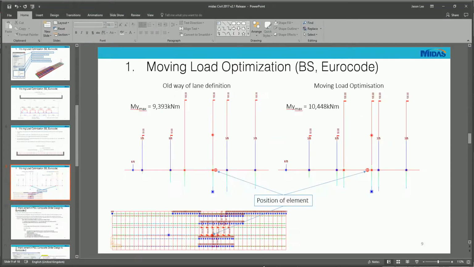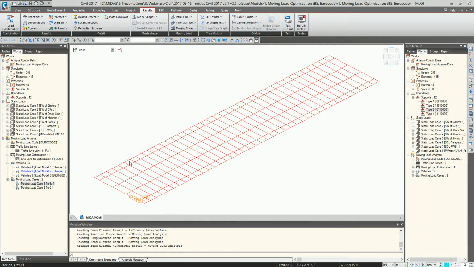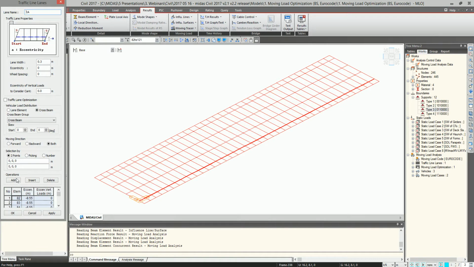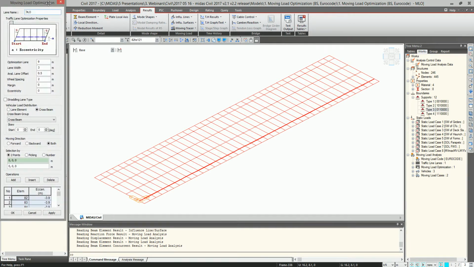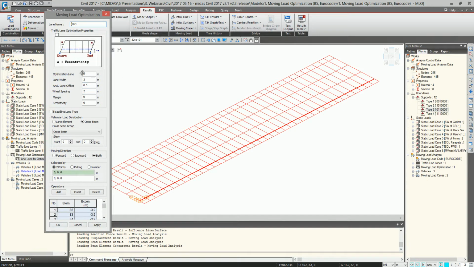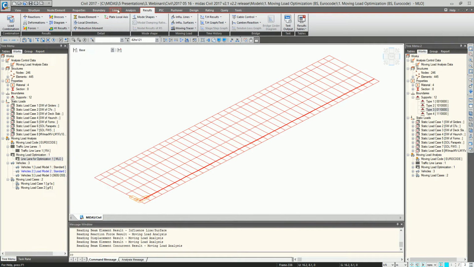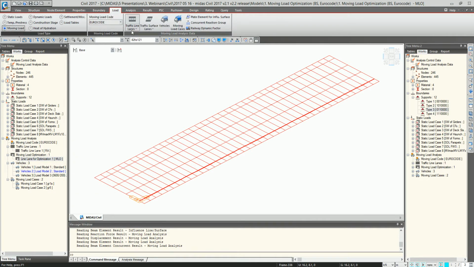Now, in the model, this looks something like this. We have the classic way of defining lanes, as I have here for the remaining area, but we also have the moving load optimization lane. You can see all the items that I've mentioned in the presentation. So when we want to define a lane, now you can see that we have two options, and also the change in